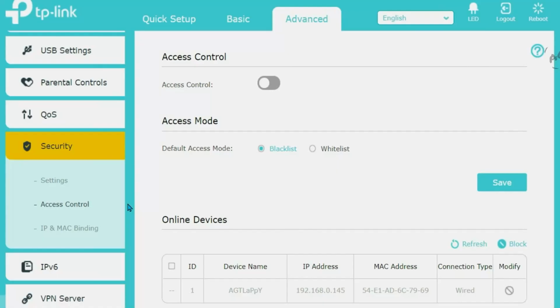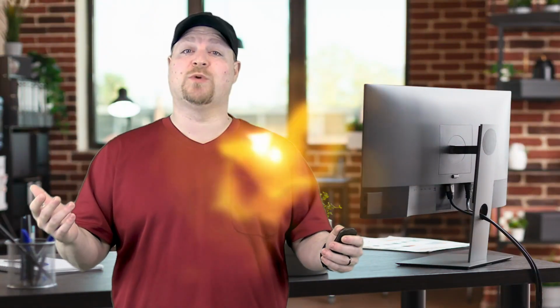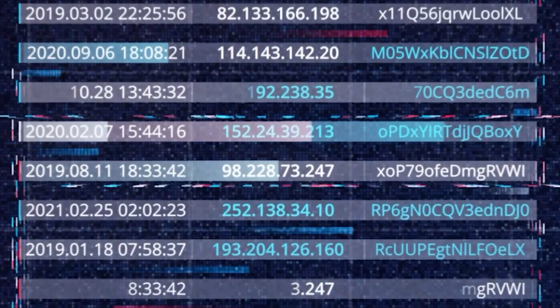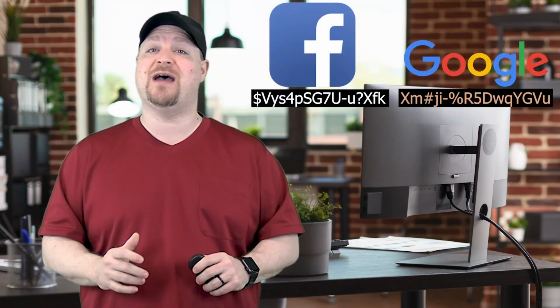Another way to protect your Wi-Fi is to use an access control list. So even if someone does crack your password, they can't get access to your network until you allow it. Now, as for your passwords, they should all be long, complex, and changed frequently. And you should never share passwords between services, which means that your Gmail account and your Facebook account should use